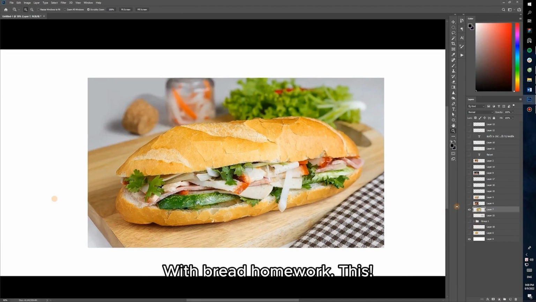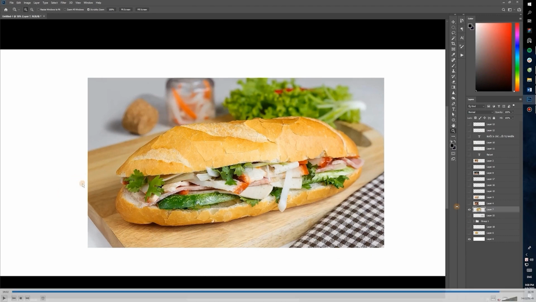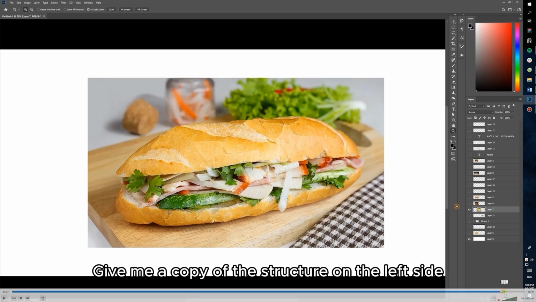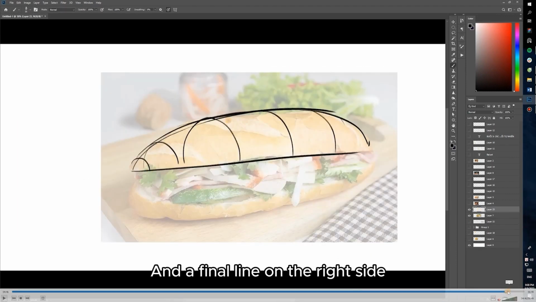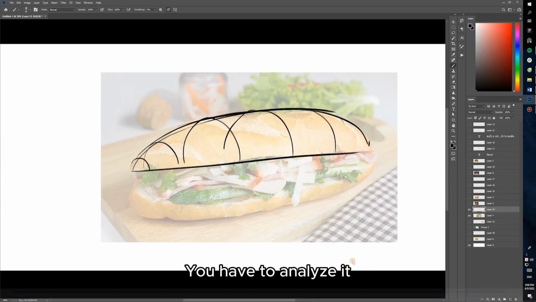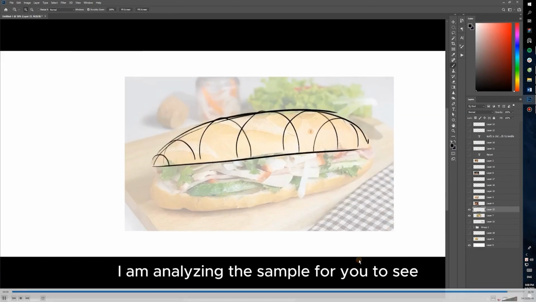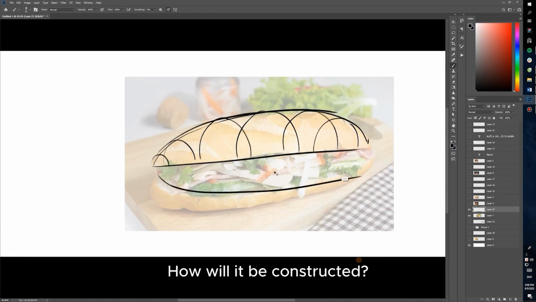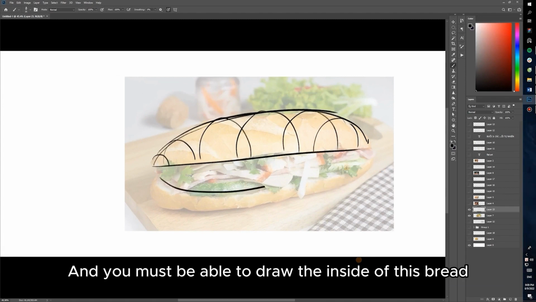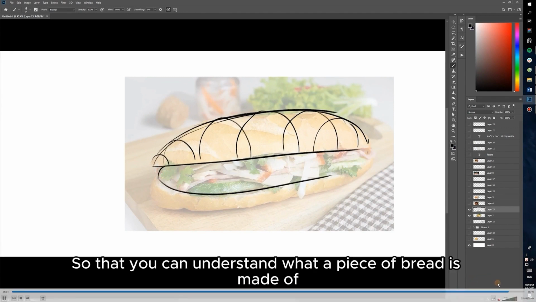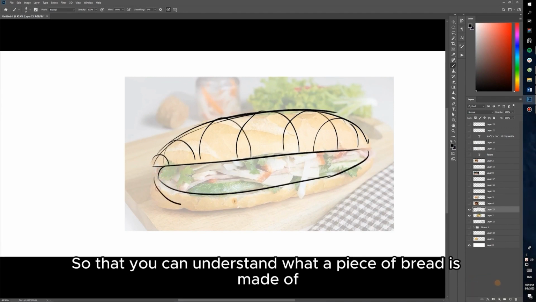With the bread homework, this bread exercise, you will analyze it. Give me a copy of the structure on the left side, and a final line on the right side. Structure is very important. You have to analyze how it is constructed. As you can see, I am analyzing the sample for you to see how it will be constructed. And you must be able to draw the inside of this bread,